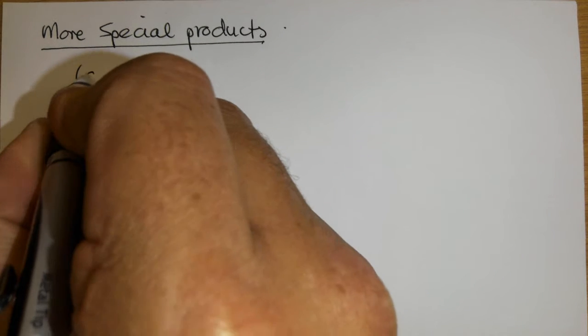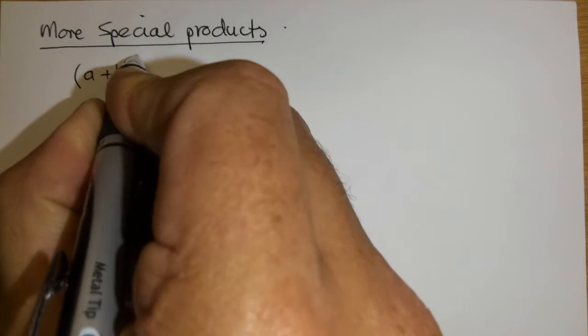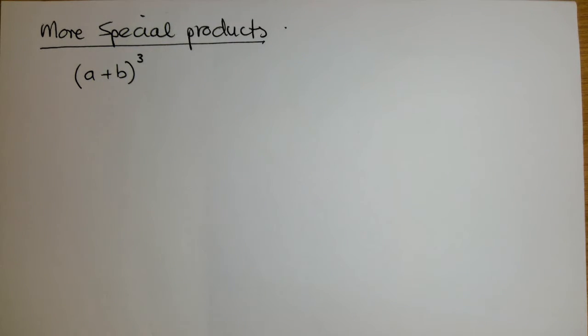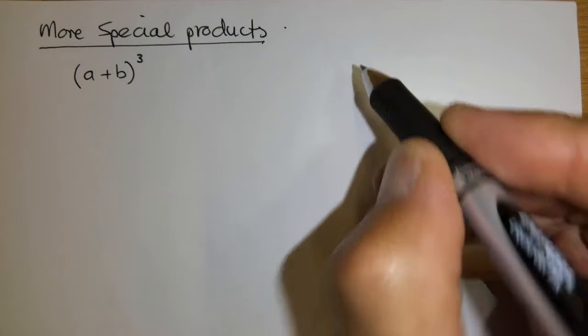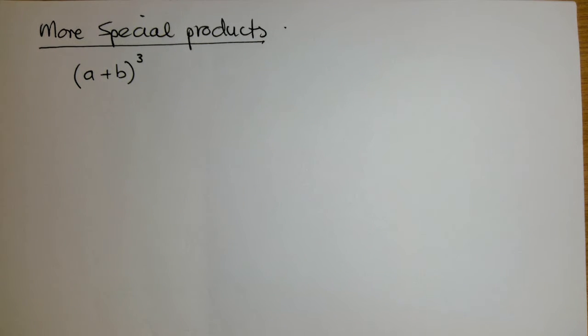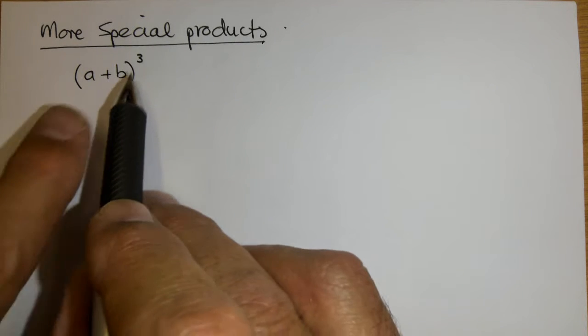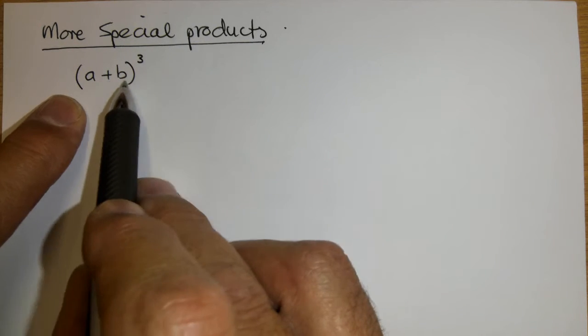Okay, this is our third video clip revolving around special products for grade 10s. In this video I want to look at what I get if I have a binomial that I have to cube. We're also going to look at what a cubed plus b cubed, the sum of cubes, and the difference of cubes are. So let's have a look. If we cube this binomial